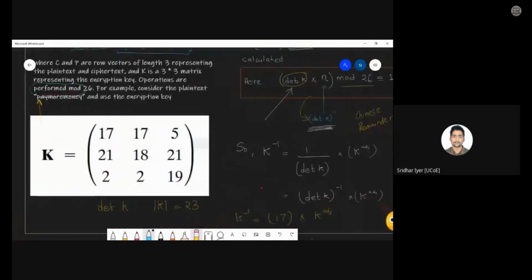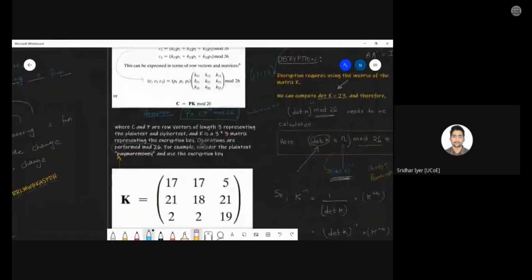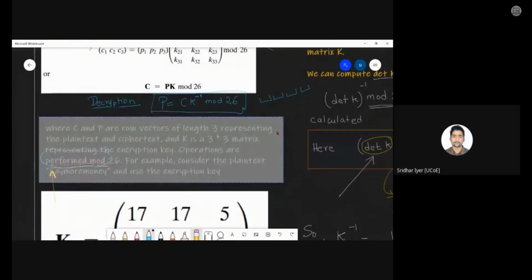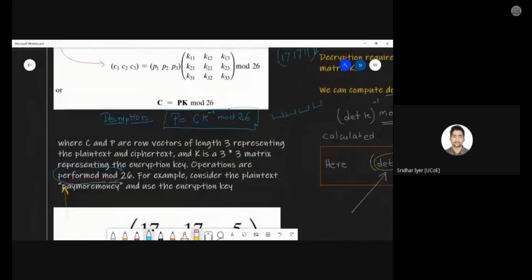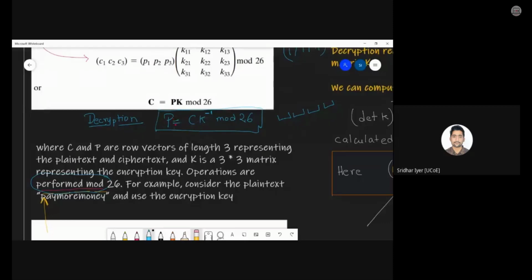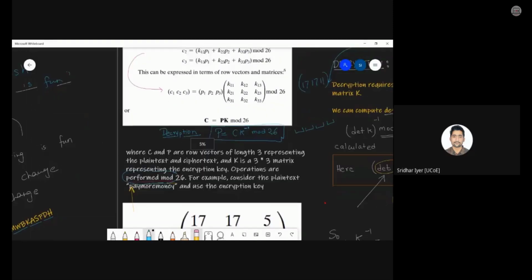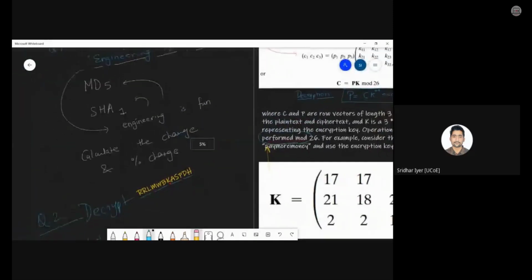Once you get the value of k inverse, you put it in this formula. Now you have already got C. You already know what is the k inverse value now. You will simply get the plain text for a particular group. You have to keep on repeating for the 4 groups we are having, and at the end, you will get the plain text back. This is what you need to do for your assignment.